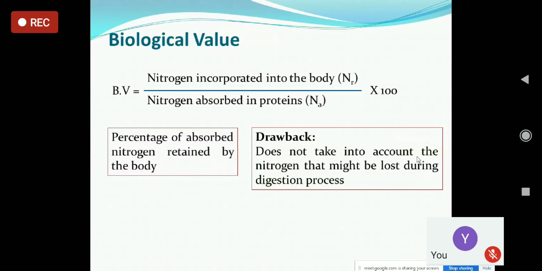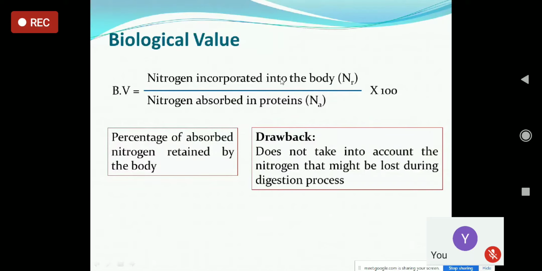The biological value provides a good index for the nutritive value of proteins, but this method has a major drawback. It does not take into account the nitrogen that might be lost during the process of digestion. Now let's take this example. If you consume 100 gram of nitrogen, you are ingesting 100 gram of nitrogen. You don't consume nitrogen as such, you take it in form of proteins. This you know, right? So you're consuming 100 mg of nitrogen, and